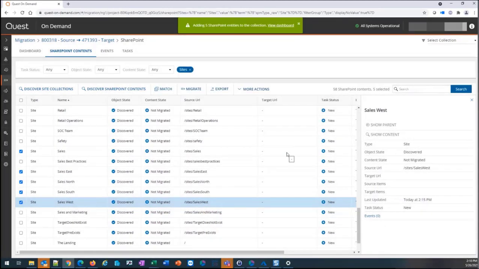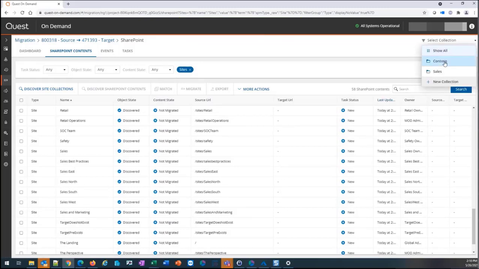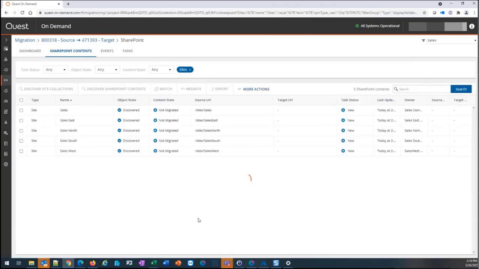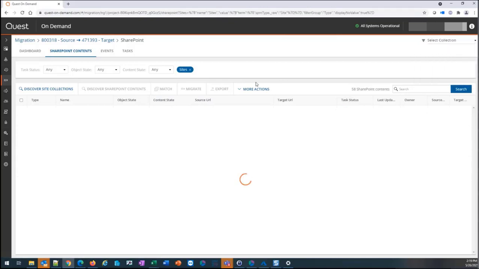At any point in time, you can always manually add any other site collection to an existing collection. So for an example, if I now want to view sales, we're only going to see the site collections that we've already added to that particular collection. Of course, we can swap or switch between any of the collections here, but perhaps we missed one. We can always go back to Show All, which is going to be back to the 58 site collections, and